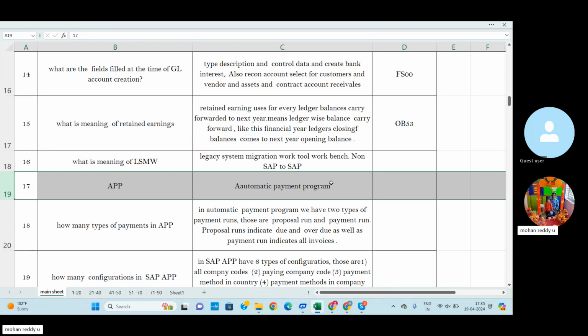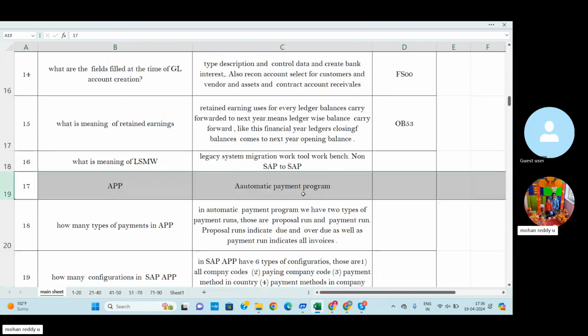If we process the automatic payment program, the system will automatically credit the money to the particular vendor and debit our company bank account. So this automatic system is useful. Simply, APP means automatic payment system.